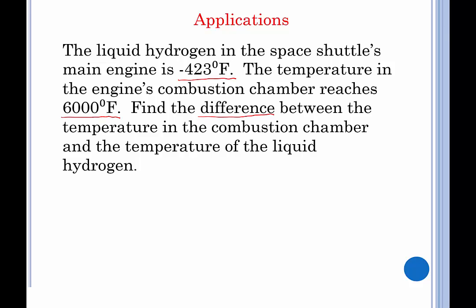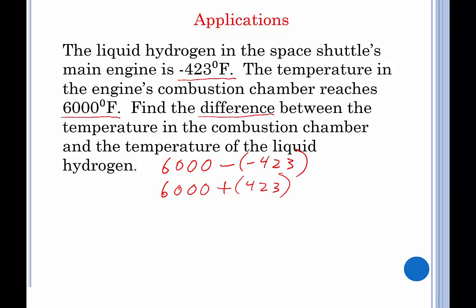And when we're finding the difference, we want to start off with the larger one, which is 6,000, and subtract the smaller one, which is -423. So just like before, subtracting a negative, we're going to change the subtraction to addition,